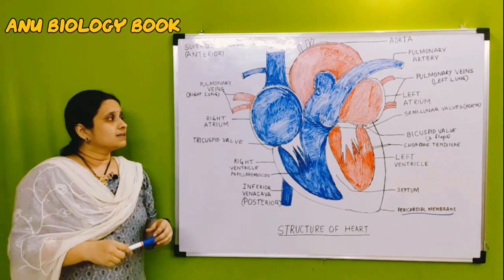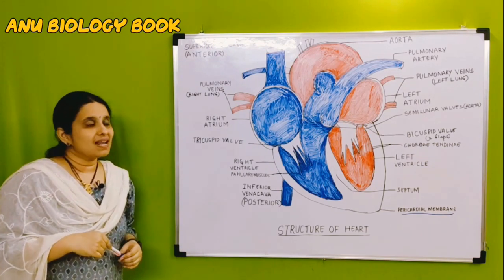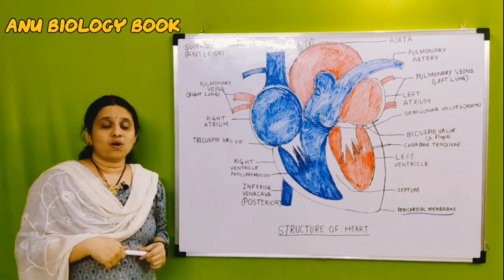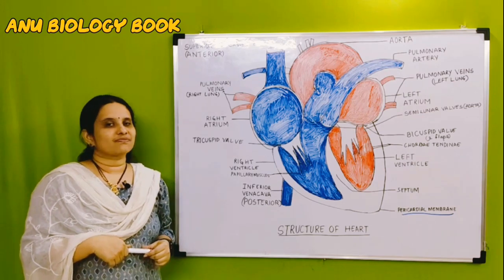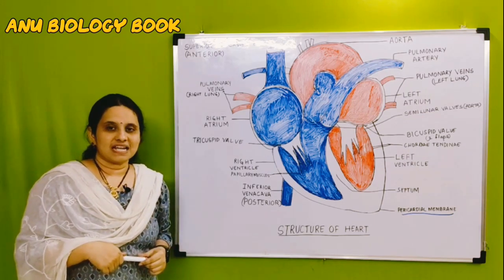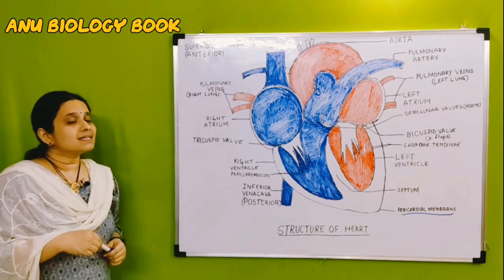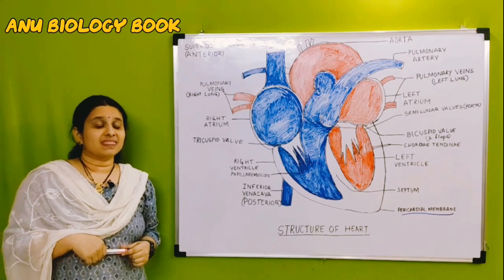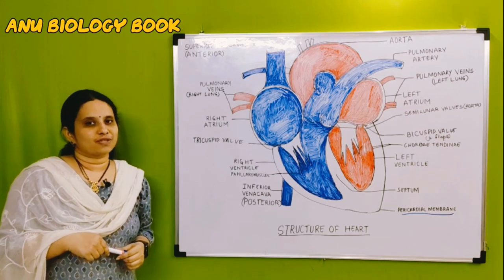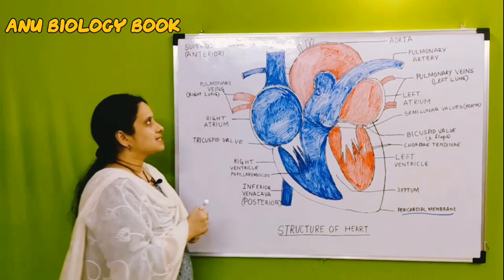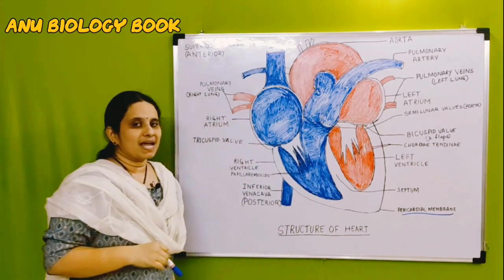So here the systemic aorta always arises from the left ventricle and it always carries oxygenated blood, because the left side of the two chambers of the heart, the left auricle and left ventricle, always carry oxygenated blood. And this systemic aorta is very thick and it carries the oxygenated blood to all the parts of the body. And if you can see the upper branches of this systemic aorta, it supplies blood to the upper parts of